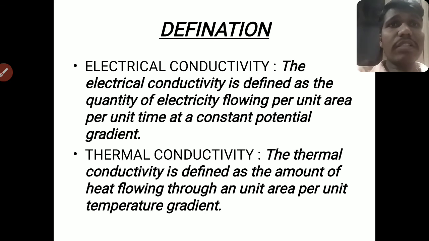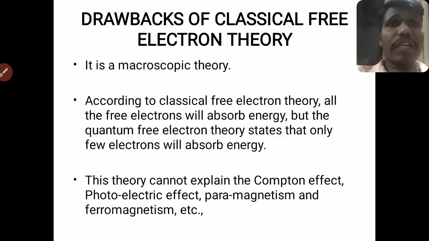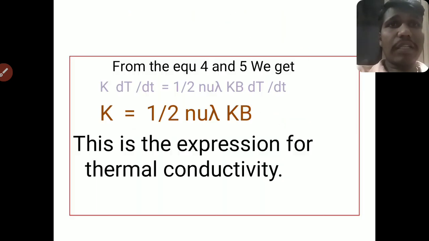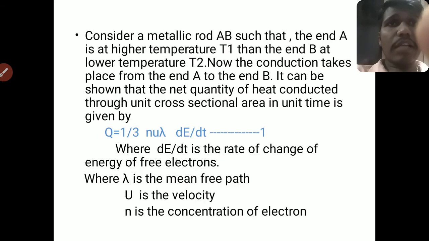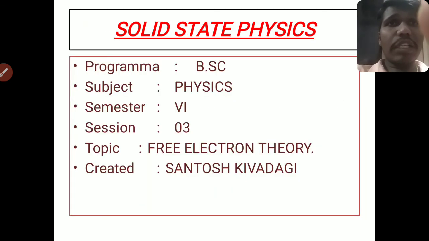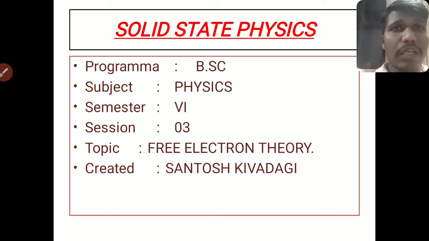So this is the theory of free electrons in metals. This is the last class of the free electron theory, covering the classical free electron theory, electrical conductivity of free electrons, thermal conductivity and failure of free electron theory. This concept only introduces solid state physics for the cases of your semester.